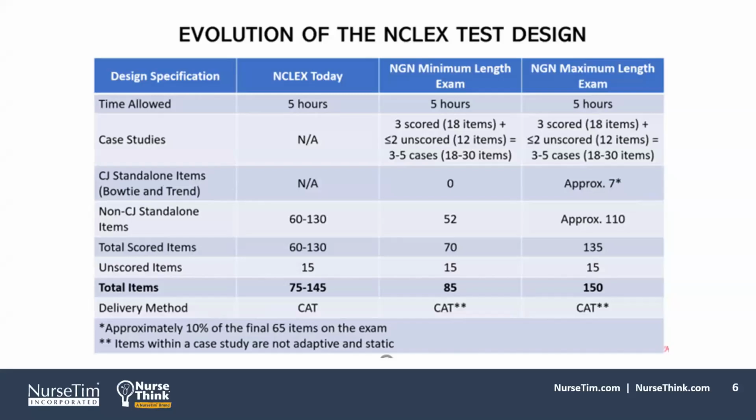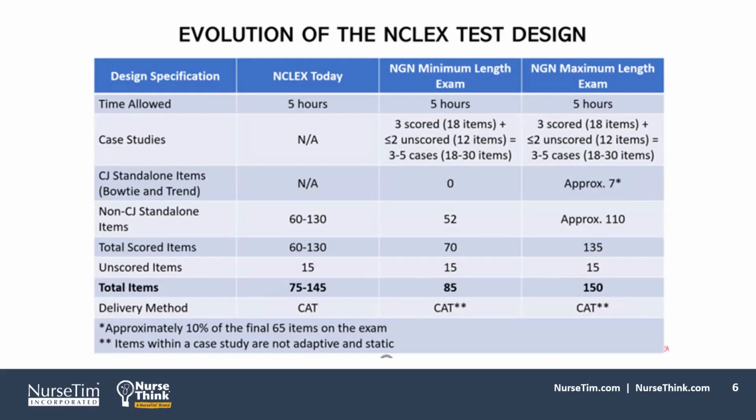As we know, the NCLEX is computer adaptive, and that means that the item that a student gets on the exam is dependent upon their previous performance. So if they're performing well, they're going to get harder questions. If they're performing poorly or miss some items, then they're going to start getting easier questions. And of course, this is not different than what we have done previously. If you want more information on computer adaptive testing, I encourage you to go to the National Council of State Boards of Nursing websites. They have some great tutorials that explain the process and how computer adaptive testing functions